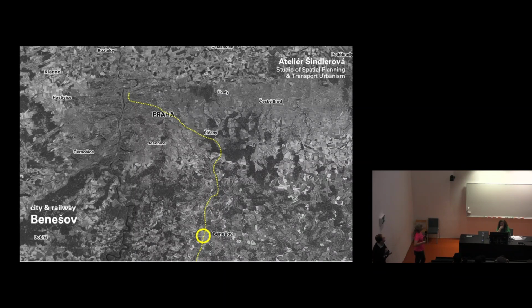And the second topic is very similar to that. It is in the city of Benešov, which is 50 kilometers from Prague.